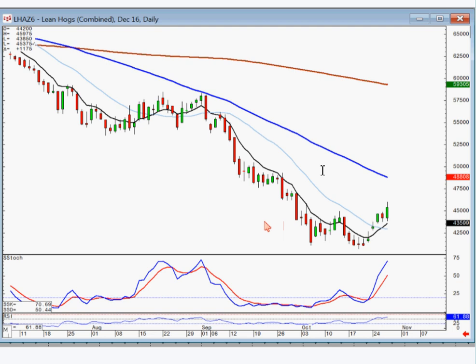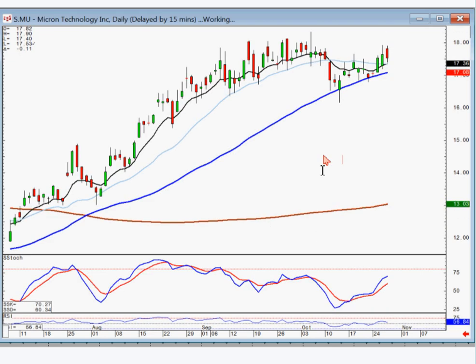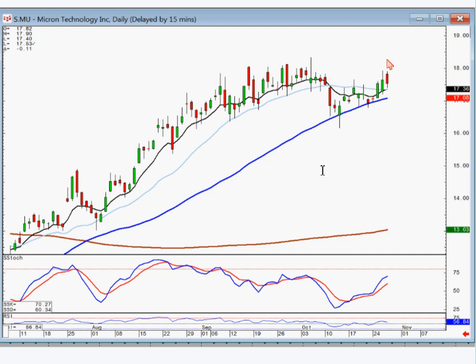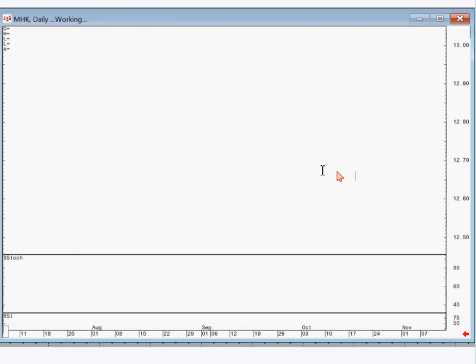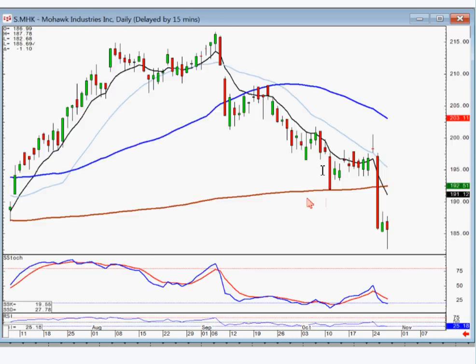Let's see. Micron. So the analysis of any chart is very simple. We can see we got a scoop type pattern, which is one of the patterns. Right now, if you're long, I would advise staying long as it stays above the T line. If you're looking to go long, I would wait until it breaks out through this level. So you can analyze based upon what the charts are looking like of when to get in and when to get out based upon seeing where the investor sentiment is starting to change, or there may be a new investor